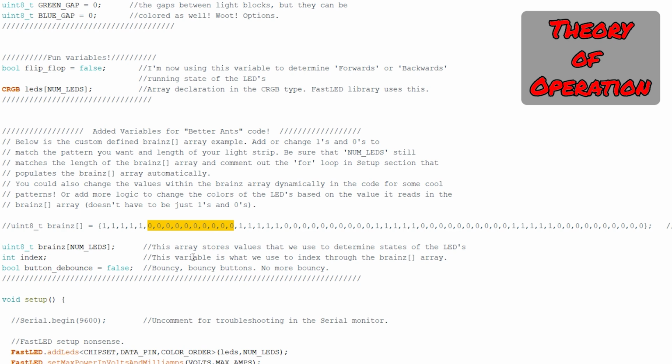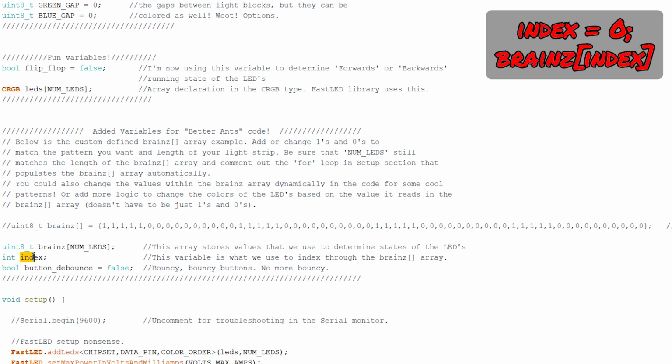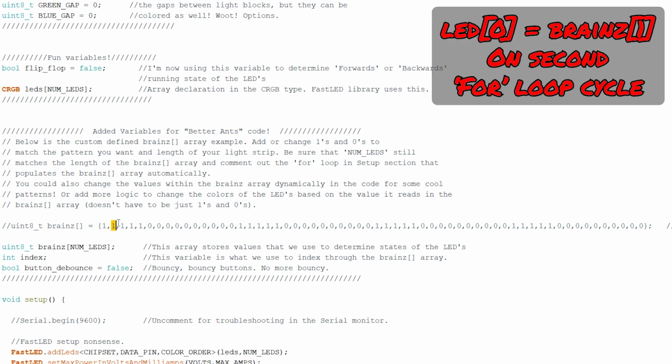The idea was to make the LEDs move down the light strip by reading out this pattern in for loops, but then move my starting index for the array each time through. So the first time cycling through the array, my index for the brains array equals 0. So it will read this whole pattern and write it out exactly like this to my light strip. The second time I read the brains array though, I'll shift my index so it will now equal 1. I'll then write out this whole pattern once again to the light strip, but starting on index 1. So LED 0 on my light strip will equal the second value in my brains array now, and so forth.